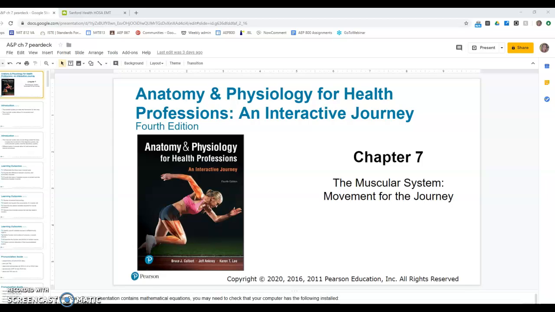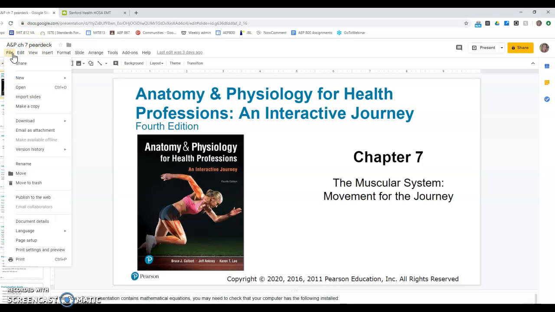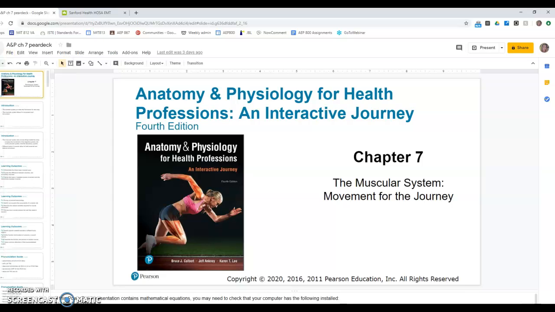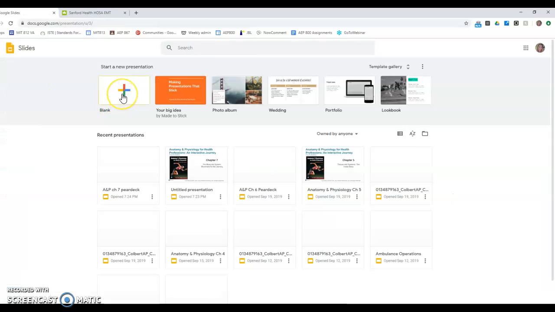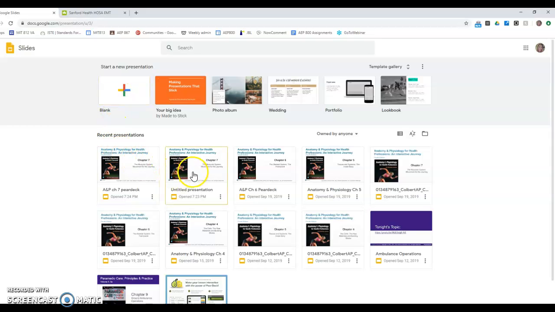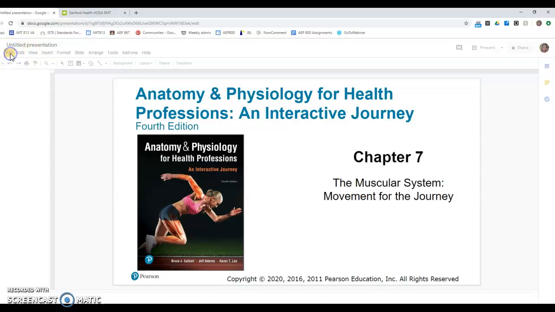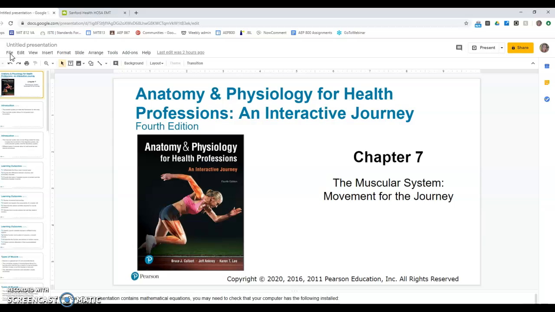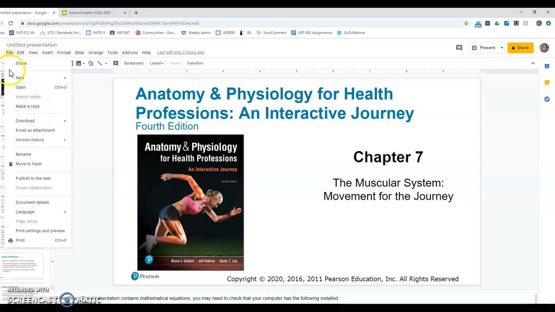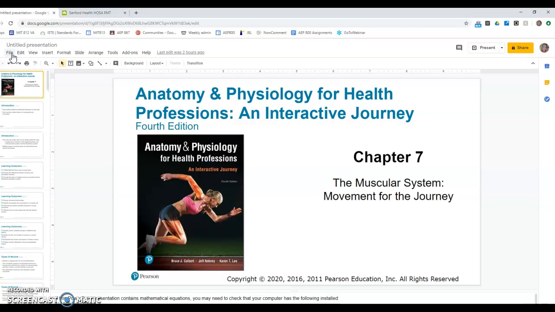So with Google Slides, I have to upload or import all of the slides that I'm getting from the publisher. So I have that up on the screen. It's really easy. You open up a new blank presentation, click on that, and it'll bring up just blank. After it ends up downloading, you go to File, Import Slides, which I already have done on this, and it